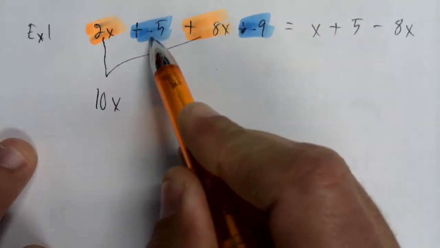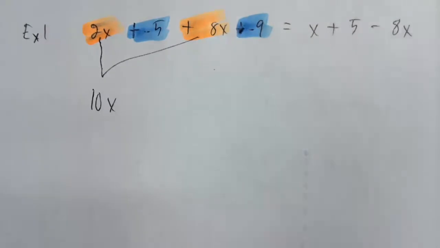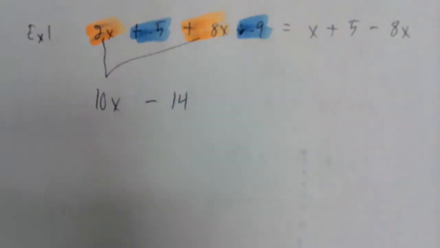So negative 5 plus negative 9, or if you want to say negative 5 minus 9, it's the same thing. It's negative 14. Okay, so those combined